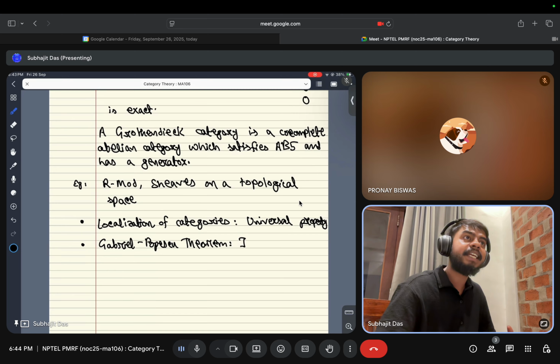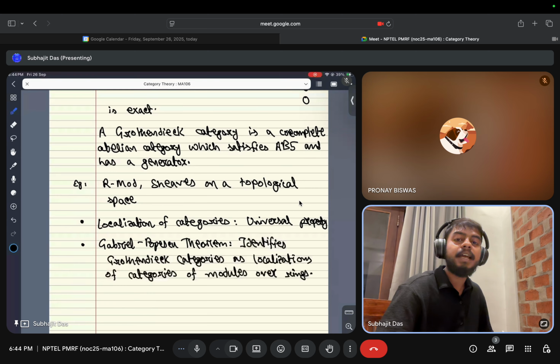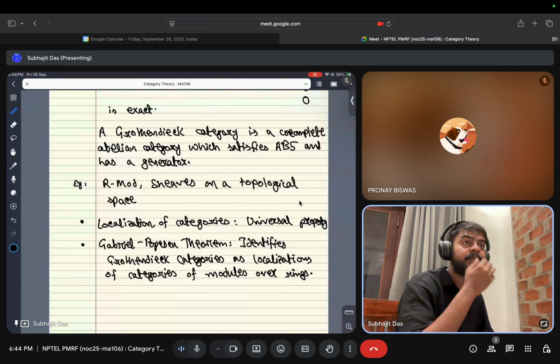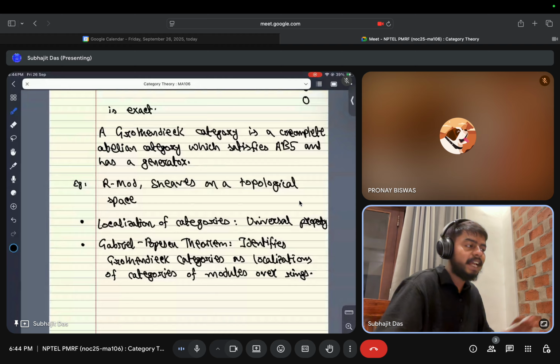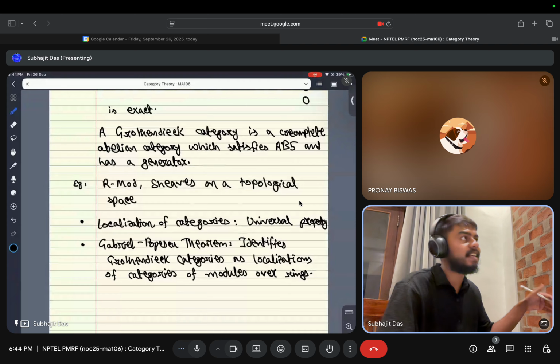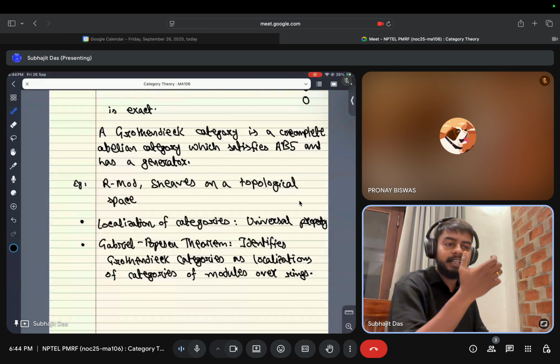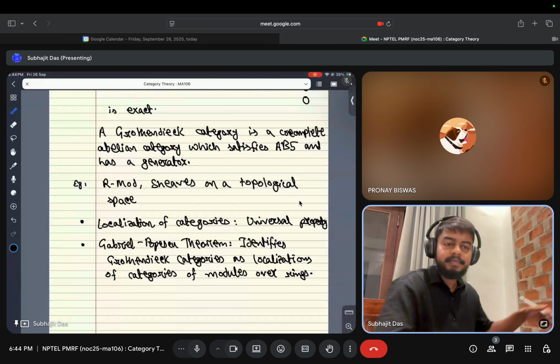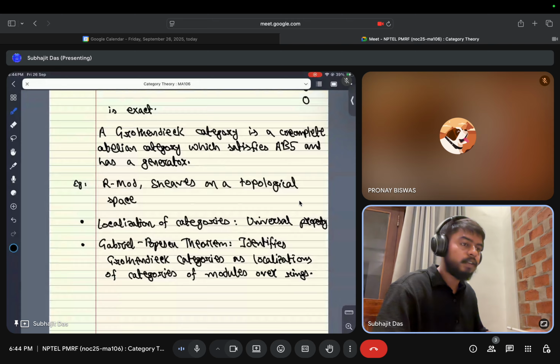So you take the ring of endomorphisms of your G, let's call it R. And from A to R-mod, you take this functor. It sends every object X to hom(G, X). I mean, you just take the functor hom(G, -), right? So this actually is a functor from A to